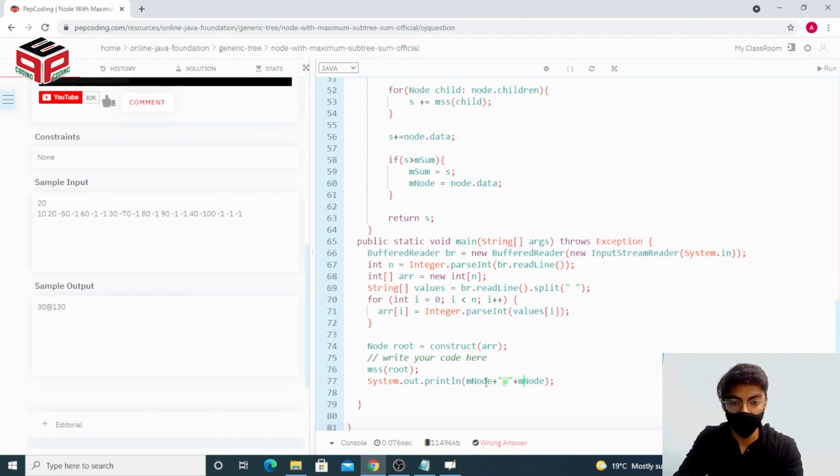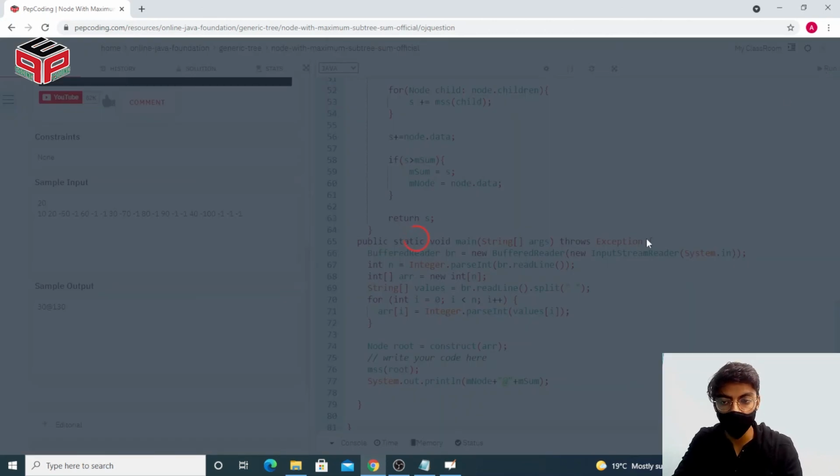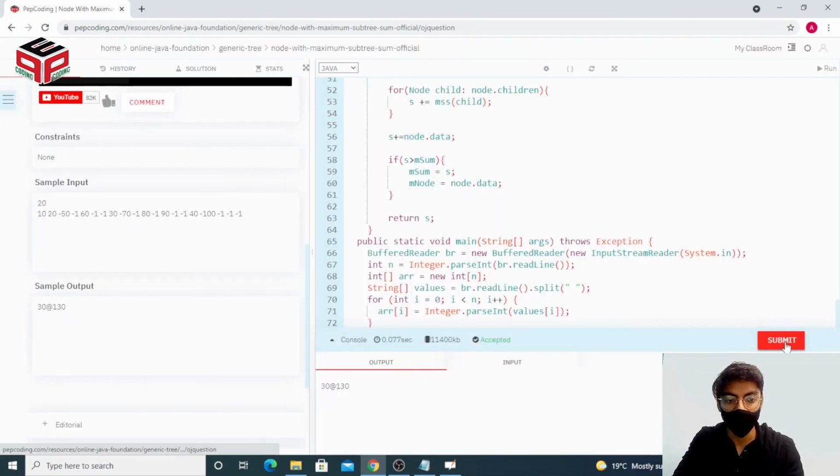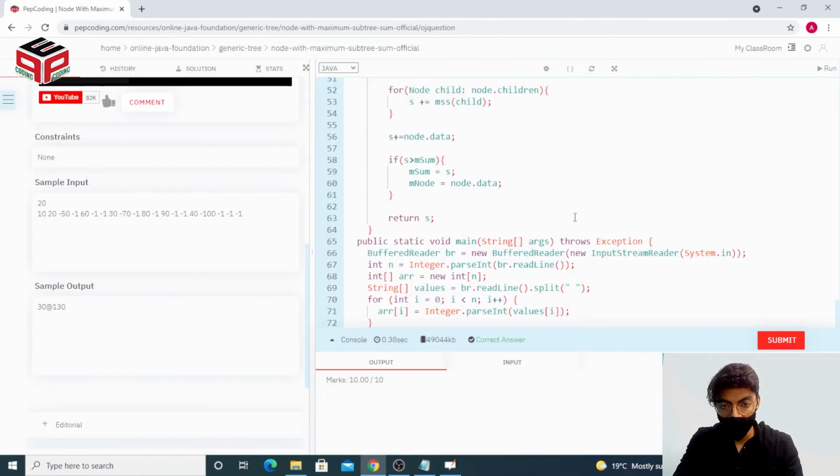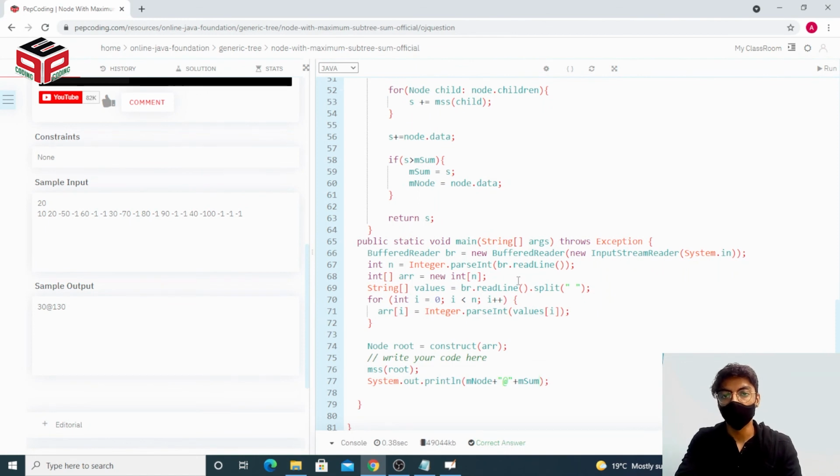So our logic seems to be correct. Just a bit of a technicality issue in the output format. And our answer seems to be accepting. Let's try to submit it and see if all the test cases are running properly or not. And they are. And that's basically how you solve this problem. Node with maximum subtree sum.